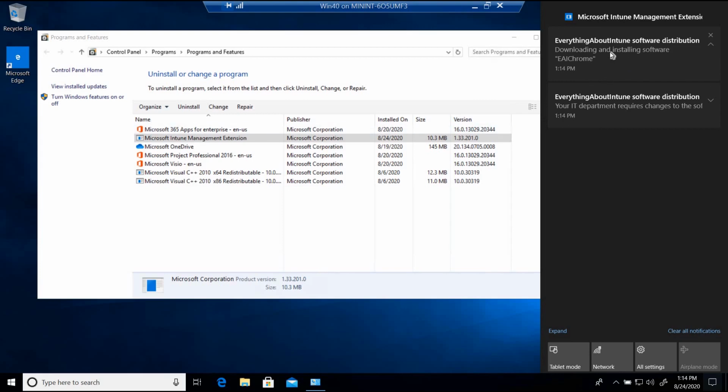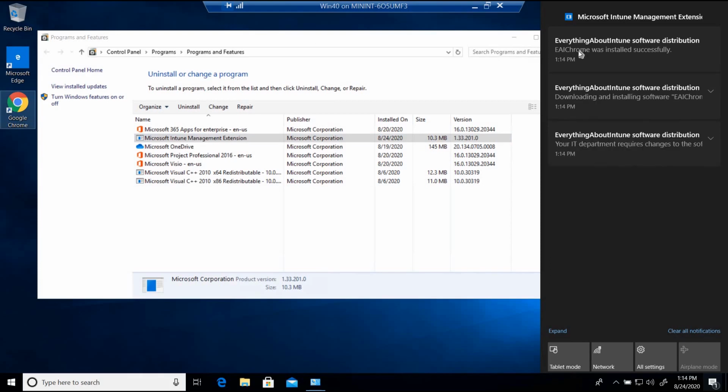We will not be seeing any other prompts other than once the installation is done, the detection logic will run, and then it will tell us that okay, there you go, the installation is done, and now the exit code will be monitored and the detection logic will be getting hold of the exit code, and then we should be seeing another, yeah, there you go, we are seeing another toast notification over here that the installation was done successfully, and now the information will be sent back to the Intune service,